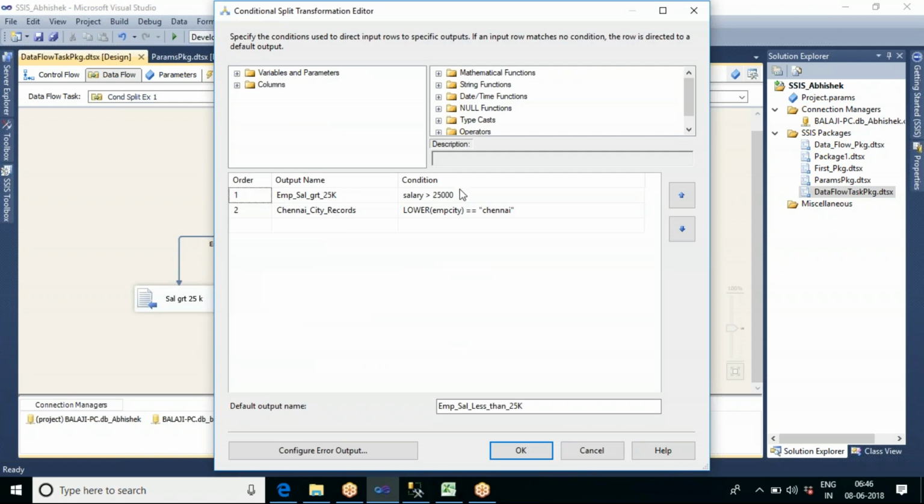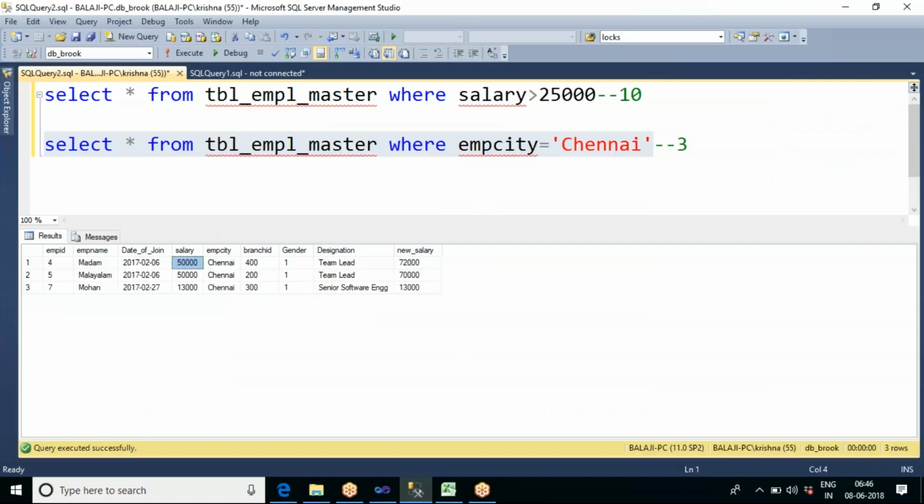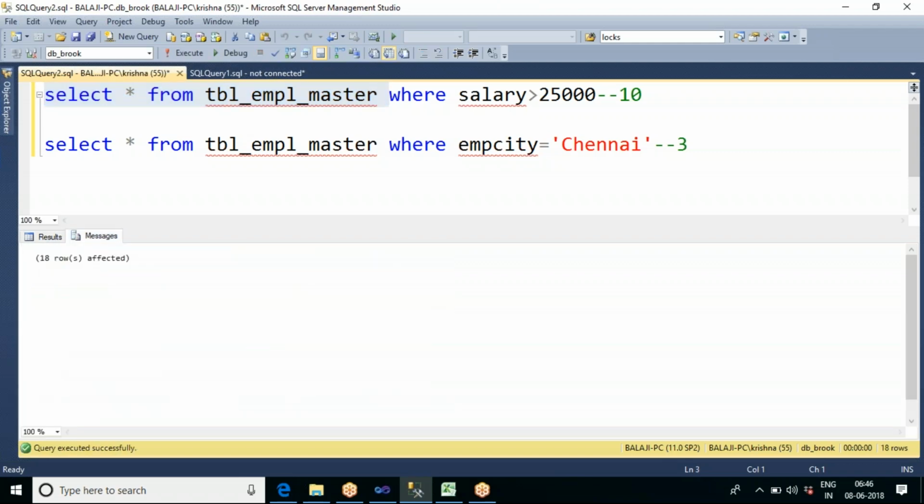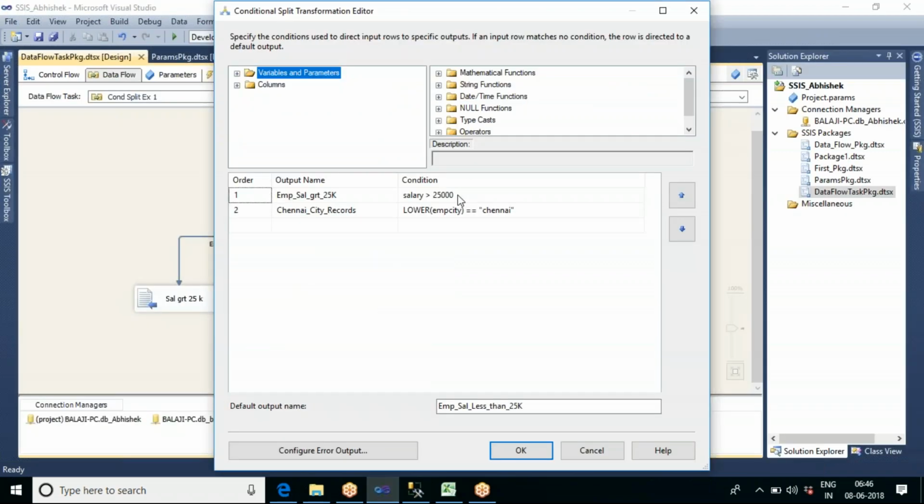So inside the conditional split, here is how the conditions work. Total we have 18 records. The first condition will be applied on the total 18 records, and the number of records satisfying this condition is 10 records.